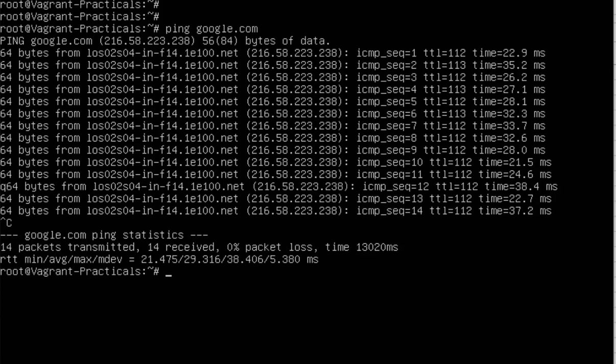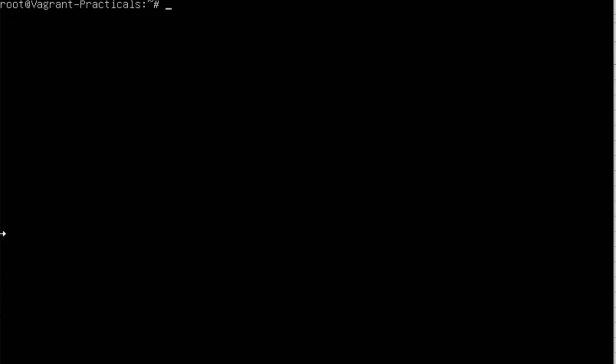you get the results here. Can you see the google.com ping statistics? 14 packets were transmitted and 14 were received, so no packet was lost, and this is 100% responsive. All right, so that is the first Linux networking command. Another one, let's go deeper a little, is called